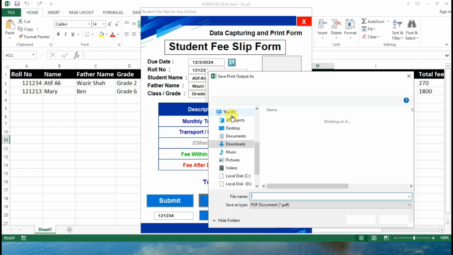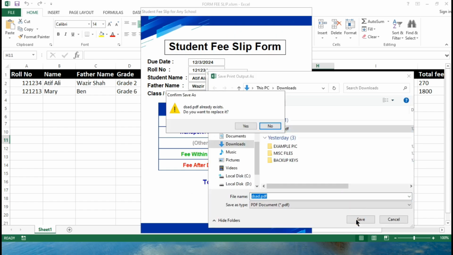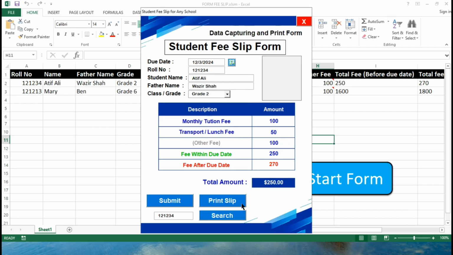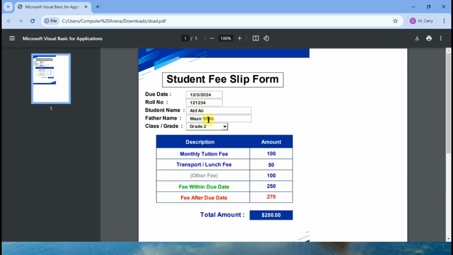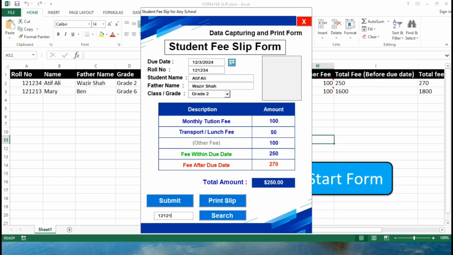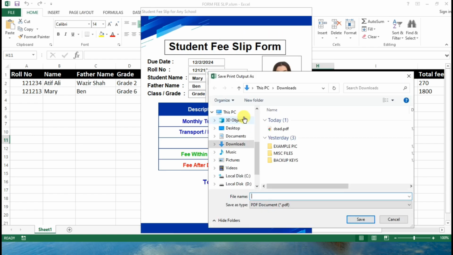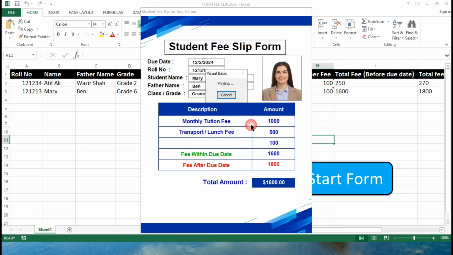You can have its print by clicking on the Print Slip button and choose a location to save. You can see it is not showing a picture here as this data was submitted without a picture. Now I search data whose picture has been saved, and when I give its print it will now show the picture